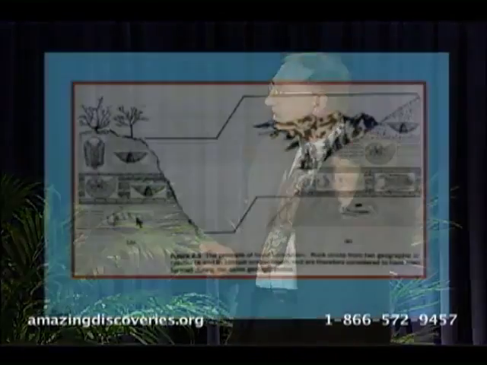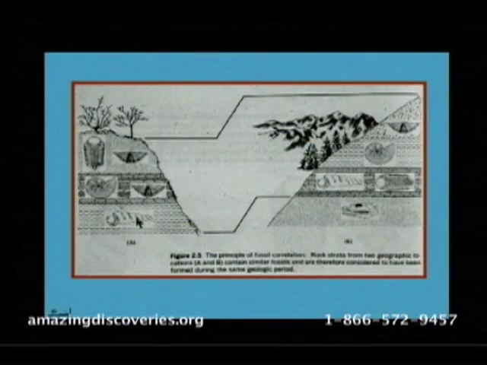So now fossils that we find determine the age as well. For example, this is the principle of fossil correlation. If I find this particular fossil in one layer at a particular place, and I find the same fossil in another area also in a layer, then I conclude that the two layers are of the same age.